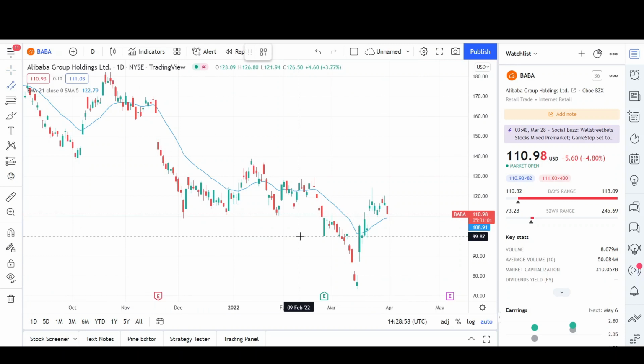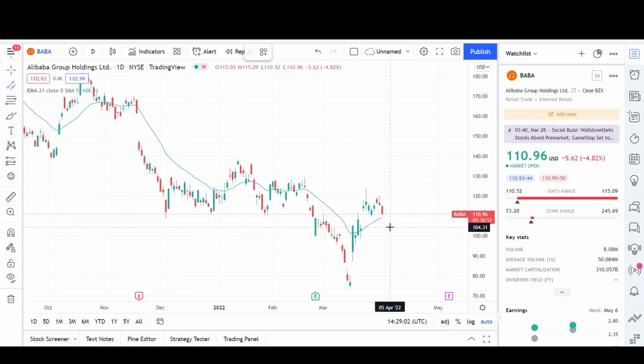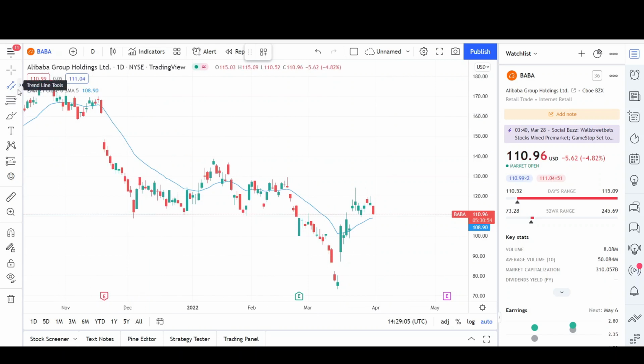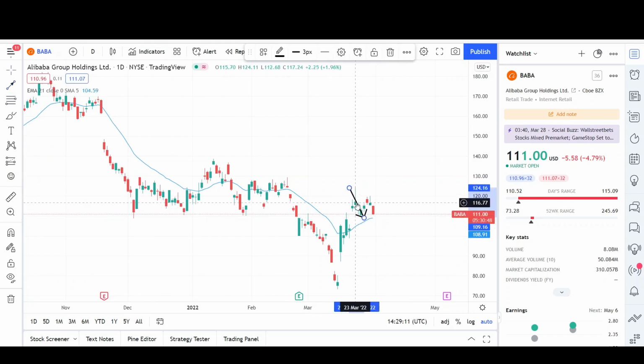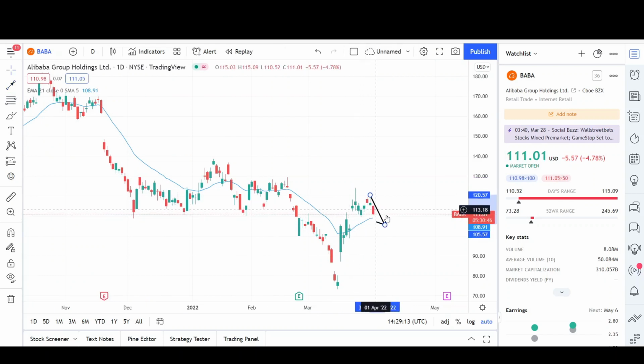So let's take a look at BABA. You can see the market is currently open and is trending down, which is okay. It doesn't look super bearish right now. We were due for a pullback, and if we get the pullback in the form of two legs, so this was the first leg down right here, and this could be the second leg right here, then if we find any support at the 105, 106 level, that could be very bullish and that could lead to a massive rally